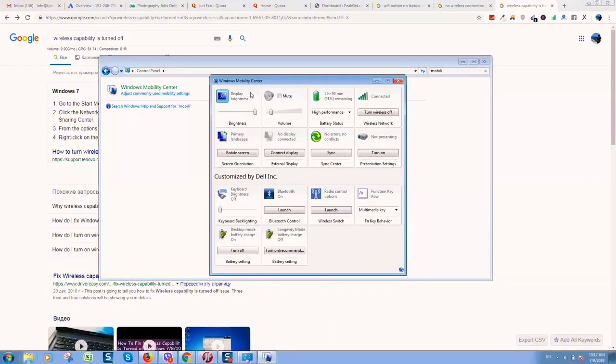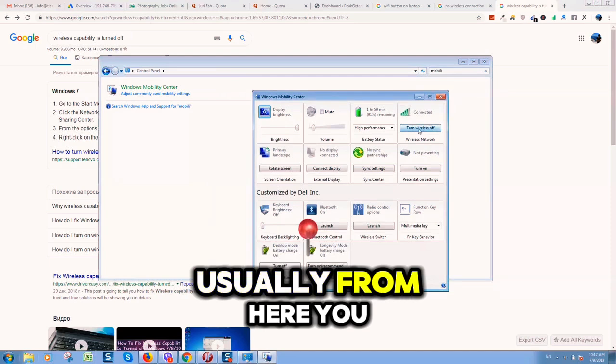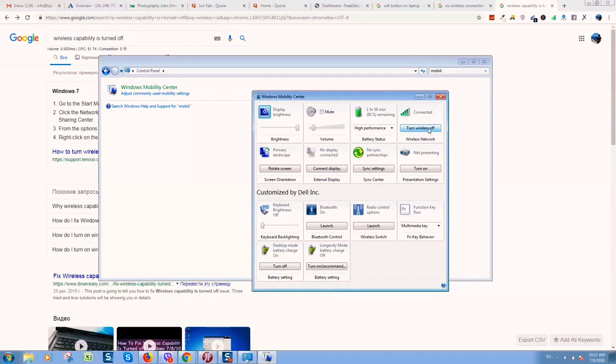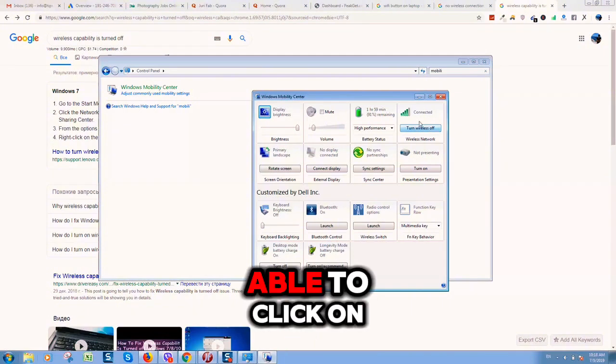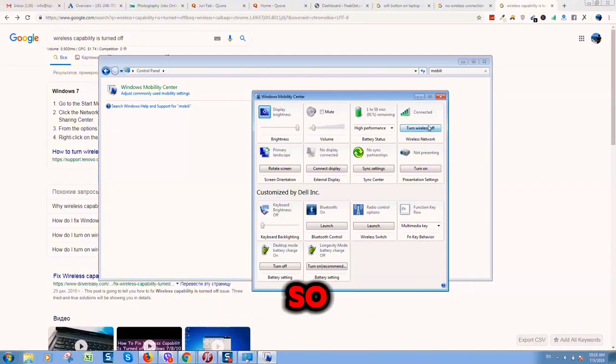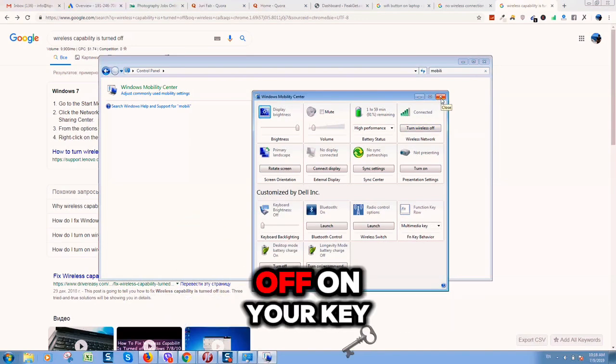Click on it, and usually from here you can switch on your Wi-Fi. If you are not able to click on this button, then it means your Wi-Fi connection is switched off on your